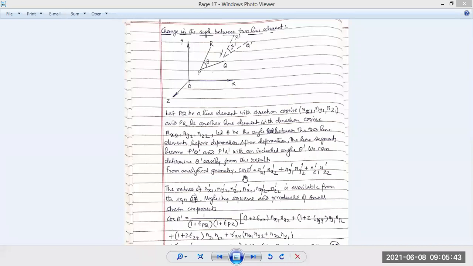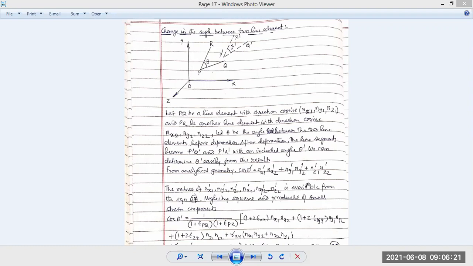It means the cosine of the angle between the lines is the sum of the individual multiplications of the direction cosines of the individual line elements in terms of the x-axis, the y-axis, and the z-axis itself. Now, all these direction cosine values nx1 dash, ny1 dash, nz1 dash and so on are given by